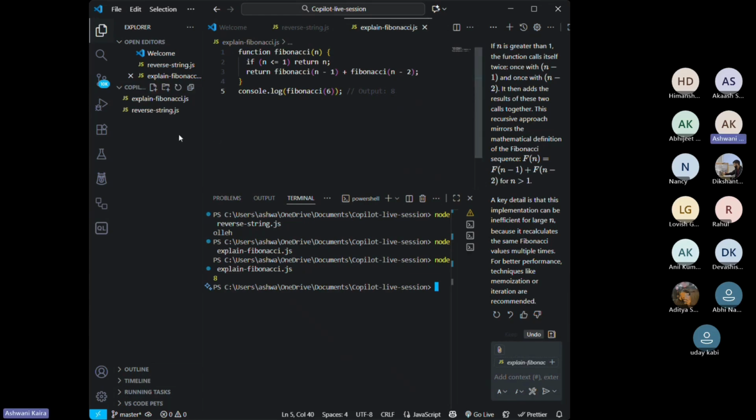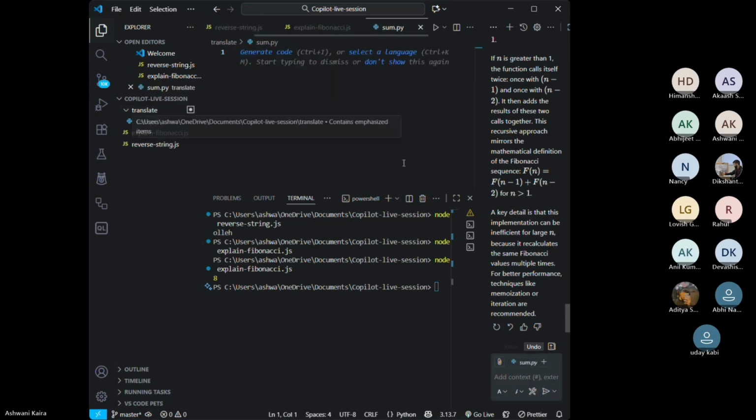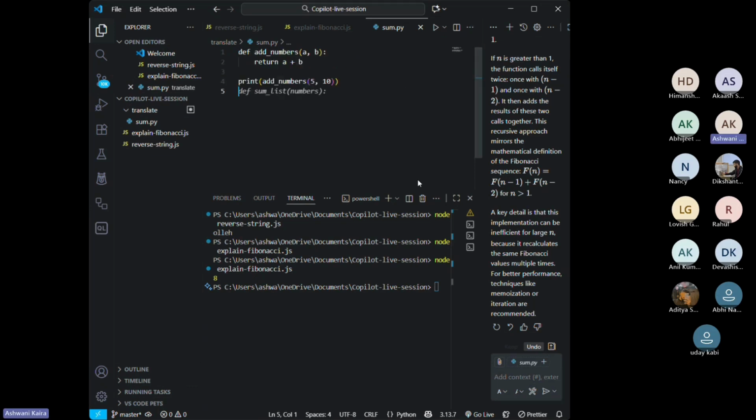Now for demo 3, I'm going to make a folder called translate. Let's say I have a simple Python function that adds two numbers. I'm going to make a file called sum.py and I will write this Python code. Now my project is in JavaScript, so I want to quickly port this logic. I can select this